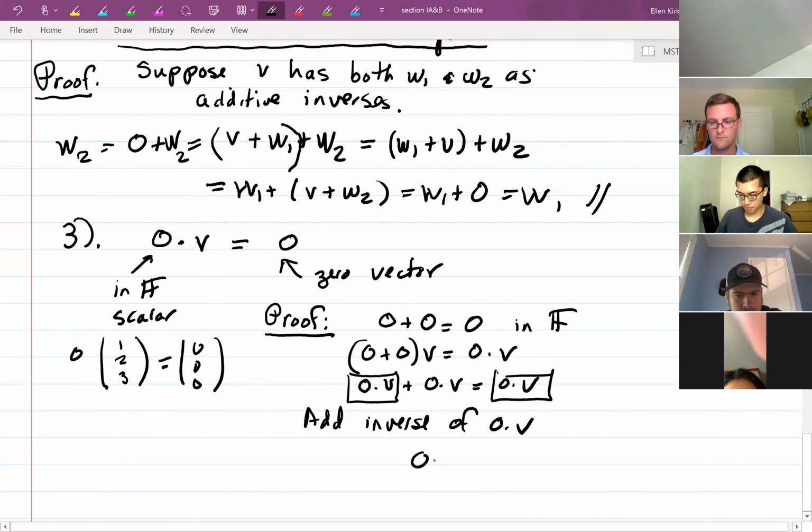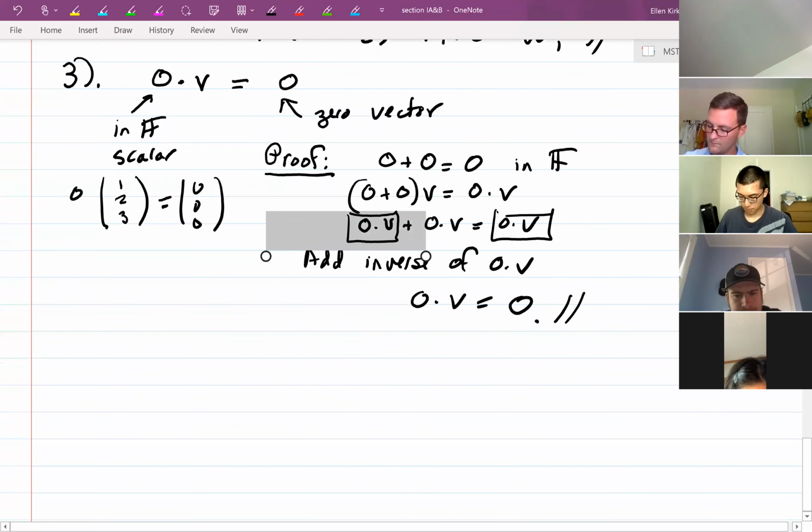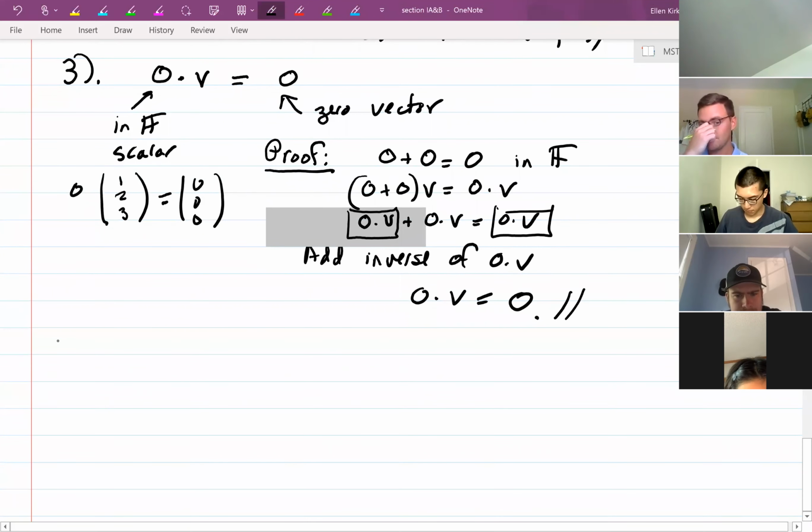And so that'll give me 0 times V is the 0 vector. Okay, because when I take the inverse of this, I'm going to get the 0 vector. So that's this property, which is not too surprising. And then the final one of these properties